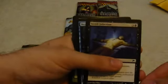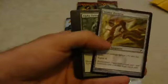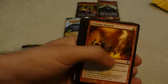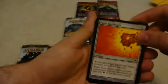So we have Instill Infection, Skyil School, a Silvermere, good little reprint in this set, Strider Harness, Alpha Tyrannix, Blunt the Assault, Fulgent Distraction, Kuldotha Rebirth, which was a fun little deck in Standard for a while, Disperse, Panic Spellbomb,